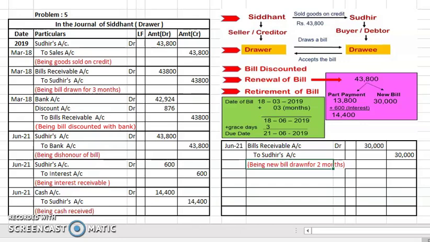Now this new bill which was drawn for a period of 2 months is being retired before the due date. So we pass entry for retirement of this new bill, that is cash account debit, rebate account debit to bills receivable account. Now the new bill is retired for 29,700. So 300 rupees is the rebate here and narration being retirement of bill. Then we take the total of the debit column and credit column, that is 1,90,200.